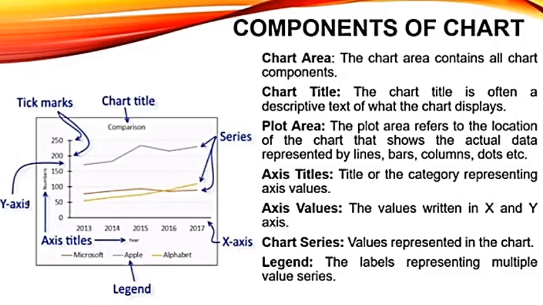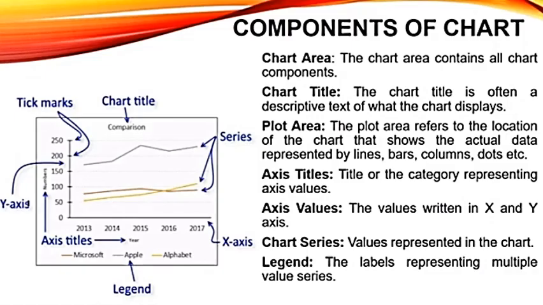The next is chart title. Chart title describes the aim and the content of the chart. Means where, as we already told you, title means the heading which tells about the chapter, as every chapter has the title. Every chapter has its own title. With the help of that title, like the title of our chapter was Charts in Excel, we can easily understand with the title what will be inside it. Why? Because from the title we came to know that Charts in Excel, that is, charts of Excel are being discussed here. Same, what topic the chart is made on. With the help of the chart title we can easily understand the motive of that chart.